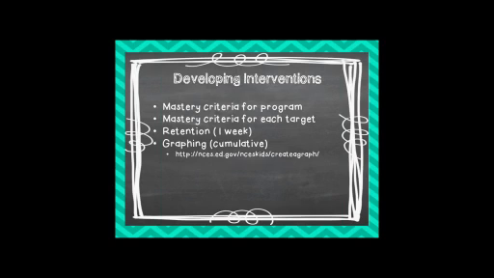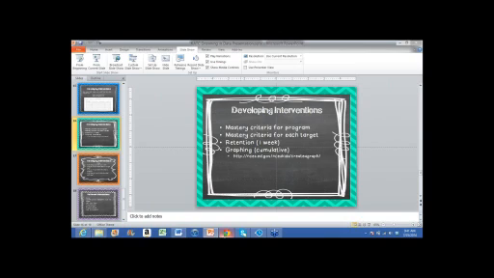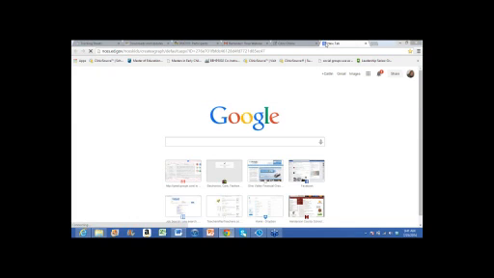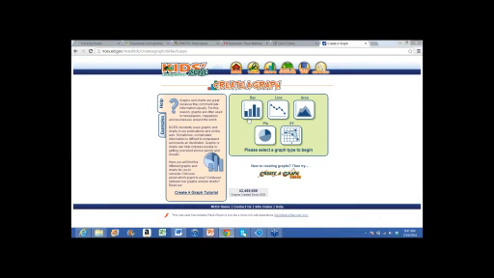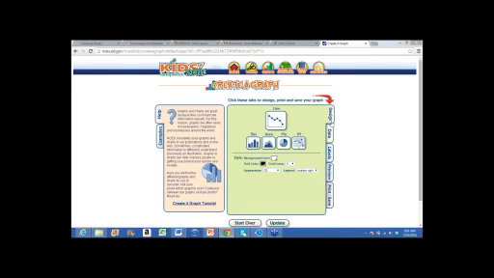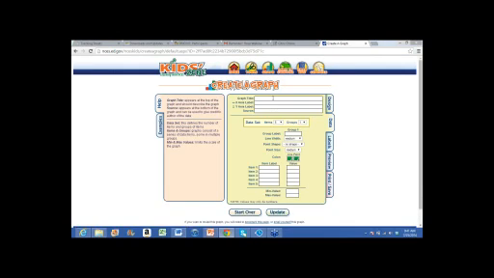Graphing, there is a fun graphing website that you can use. It is this Create a Graph, and I meant to pull it up earlier. But you can create a graph on here. You're going to create a line graph. So that's your design. Then you'll select your data. You're going to give it a title, label the x-axis, label the y-axis. You can tell it how high to go, how low to go.